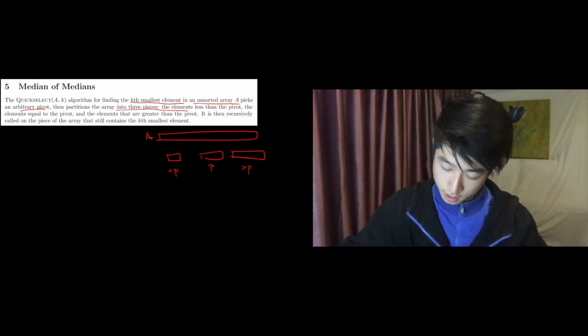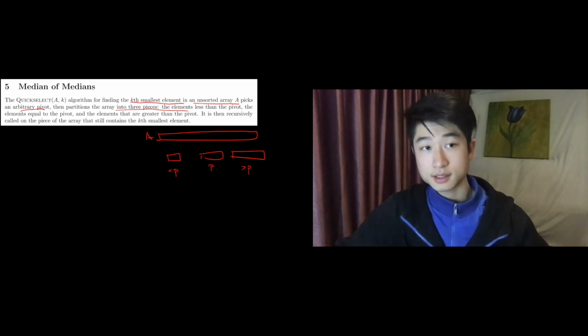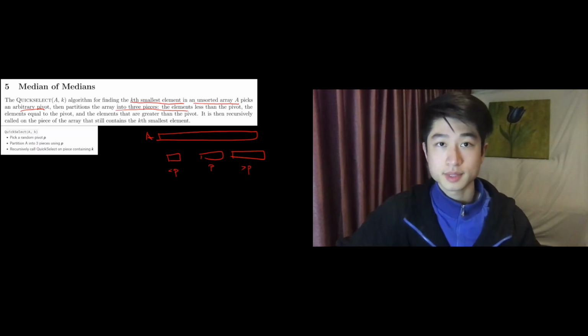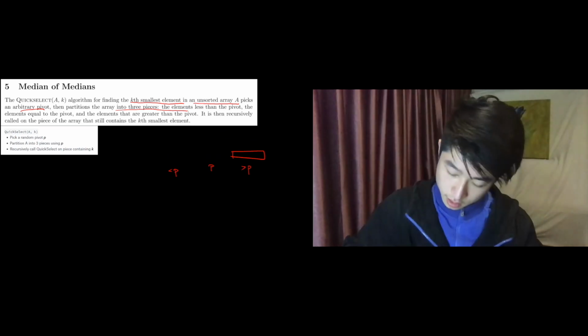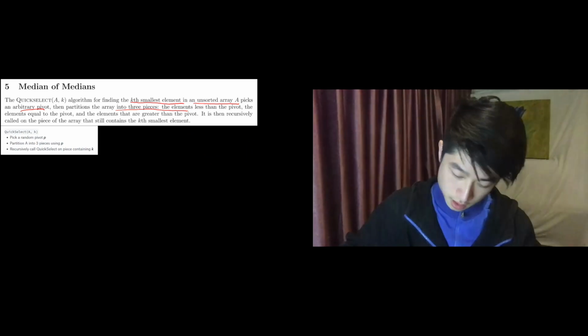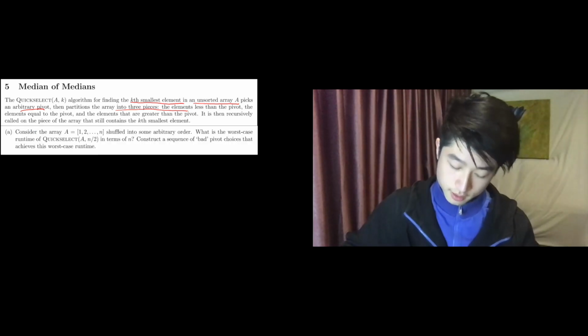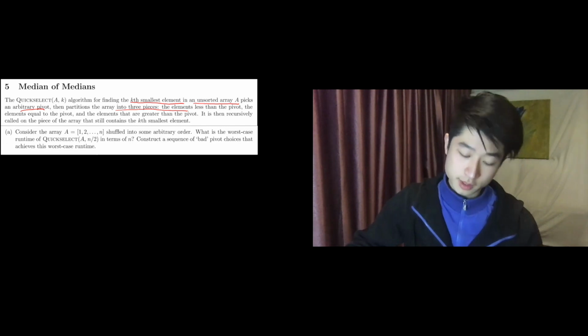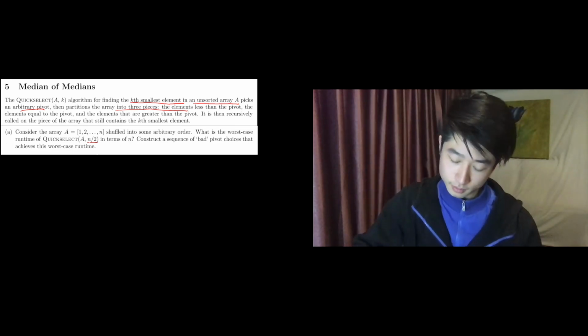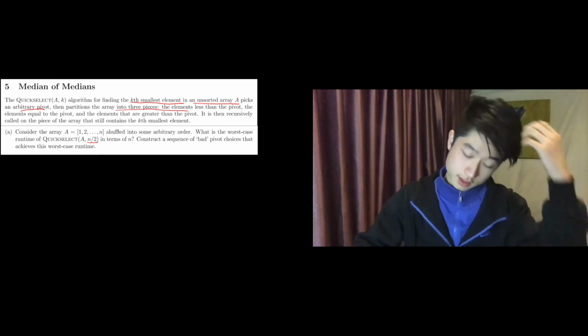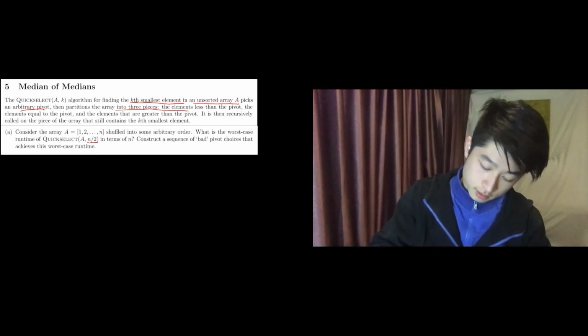And then, as a quick summary of what quickselect does, it picks a random element. Okay, I just wrote it out in bullet point form. And okay, cool. So the question is, if you have an array A, what's the worst case runtime of quickselecting the n over 2th smallest element? Construct a sequence of bad pivot choices. So if we just consider A,